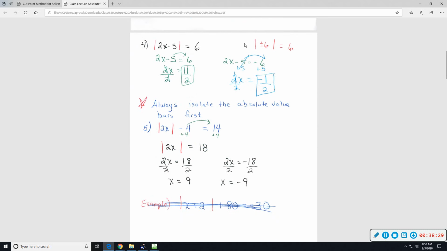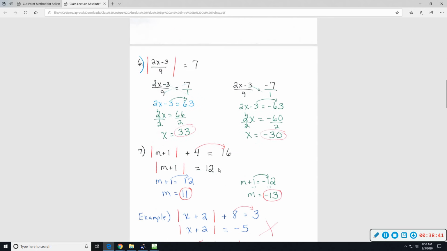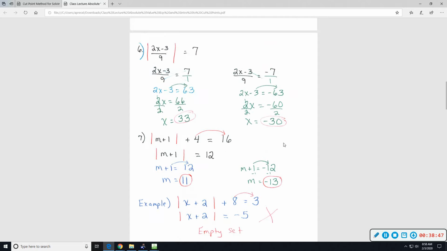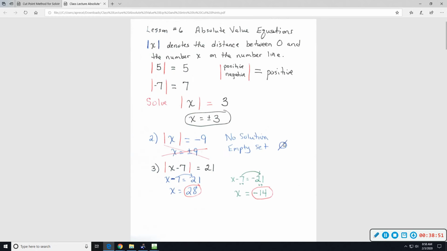Okay. Equal positive, equal negative. And the absolute value bars have to be isolated before you do anything else, before you do the equal positive, equal negative. Does that sound familiar? Can I coerce y'all into sort of thinking you remember it from not a week ago? It was on Wednesday. Okay? So,